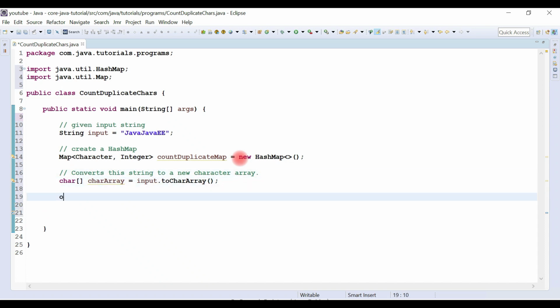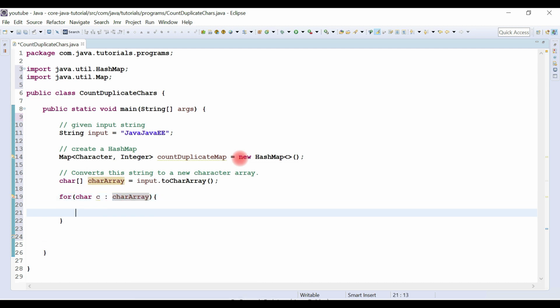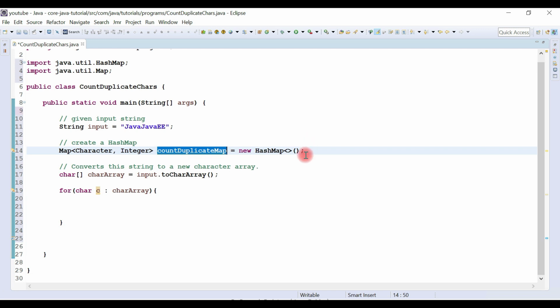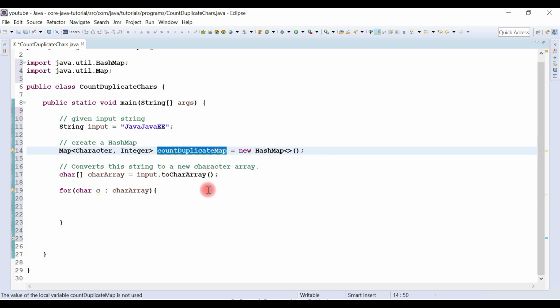And then here we'll just write a for each loop to iterate over the characters. Okay, so we are just iterating over each character, and we check whether this character is present in the map. If it is present, then we increment its count. If it is not present, then we just keep count as 1.